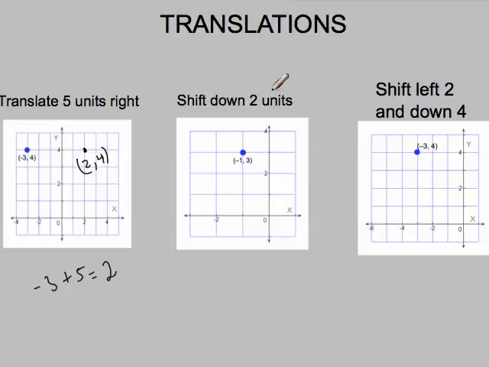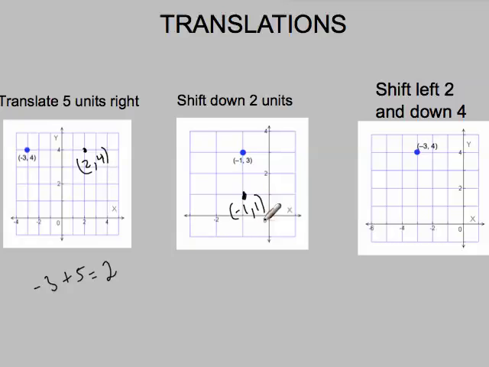So when does the y value change, you might ask? Well, if I shift up or down, I'm moving along the y values without changing the x values. So let's shift this point, -1, 3, down 2 units. I'm going to start here and go down 2. Down 1, down 2. My new point then is the point